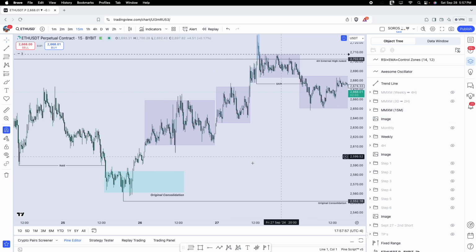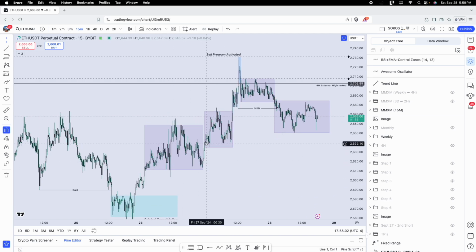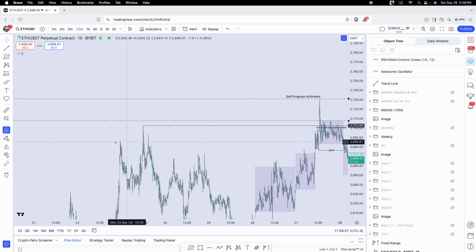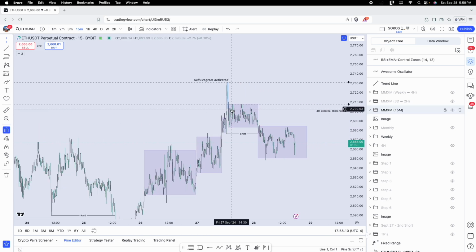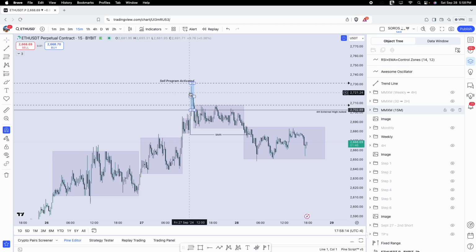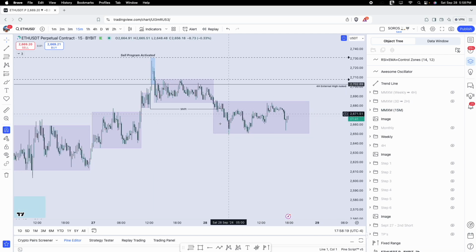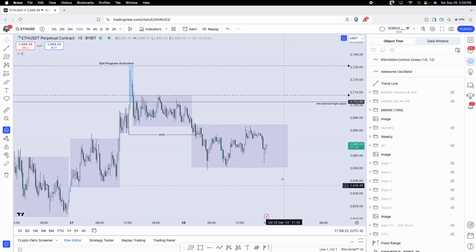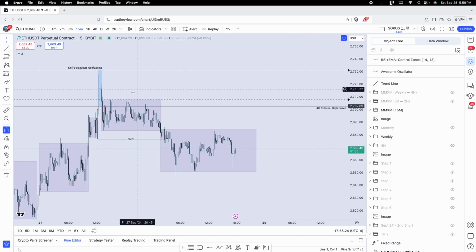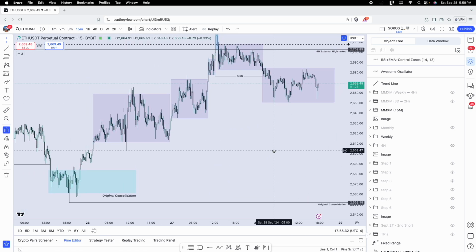So if you map it like this, you have a raid, original consolidation here, first level accumulation, reaccumulation, push up to take the 4-hour high. All the stops get triggered, and resting offers get filled, and then you start forming this zone, this one right here. It could all be one zone, and you might purge these highs, or you might just get to this level. We'll have to see how this plays out, but within this range,